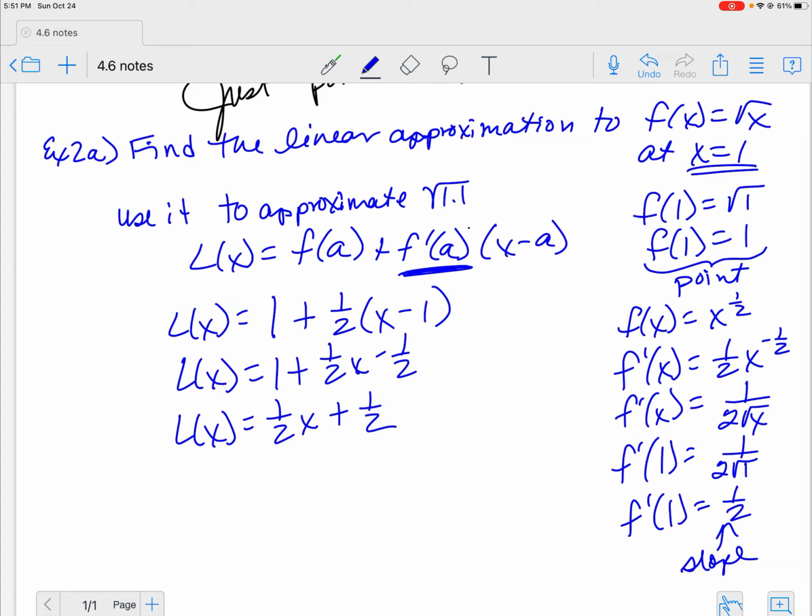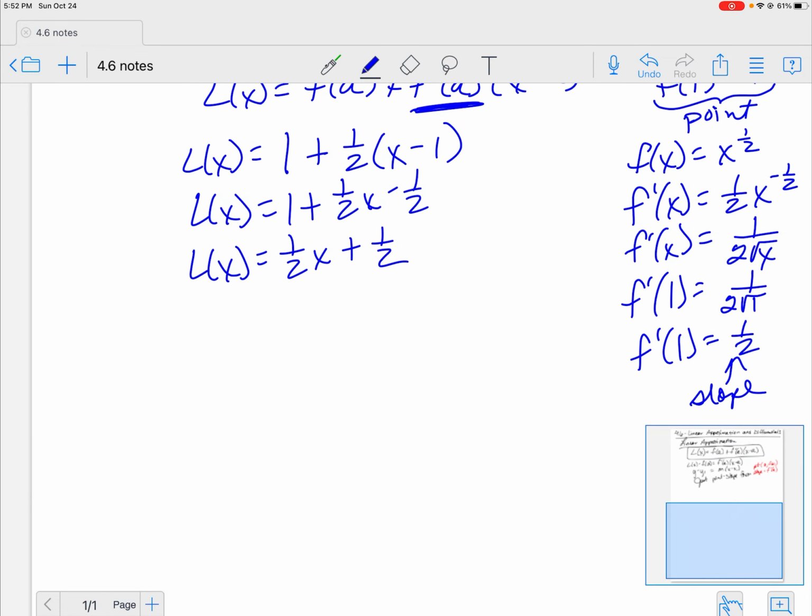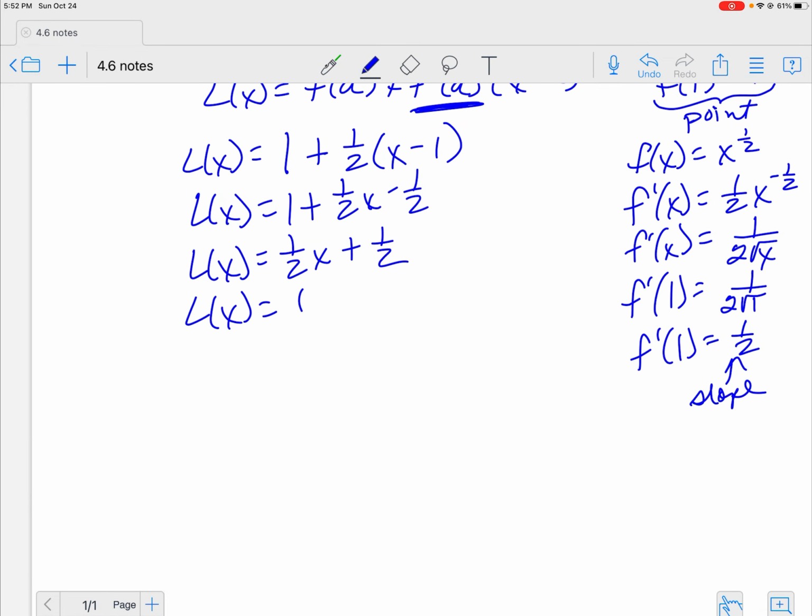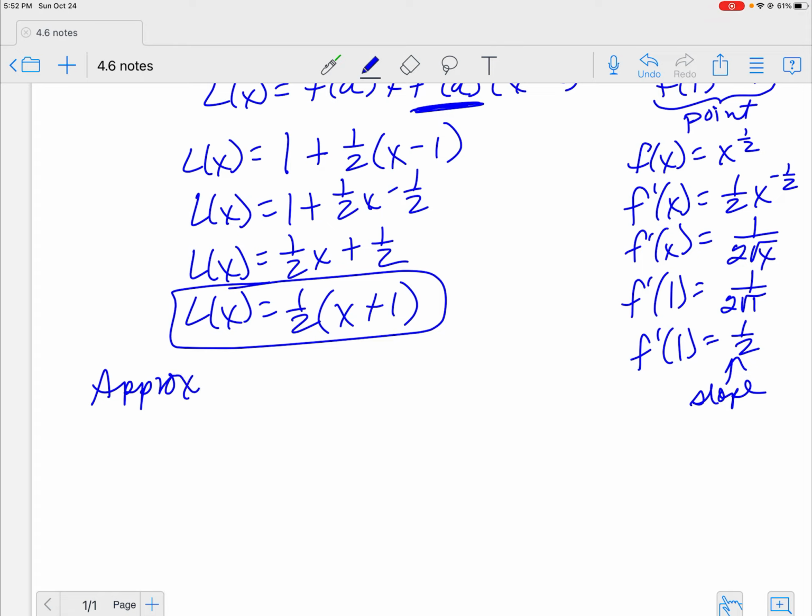Now here's the deal whenever you find your linear approximation. If there's something you can do to simplify this or to break it down, we're going to want to do that. So I'm going to factor out a 1/2 because with this linear approximation, if I want to approximate, which is the second part,